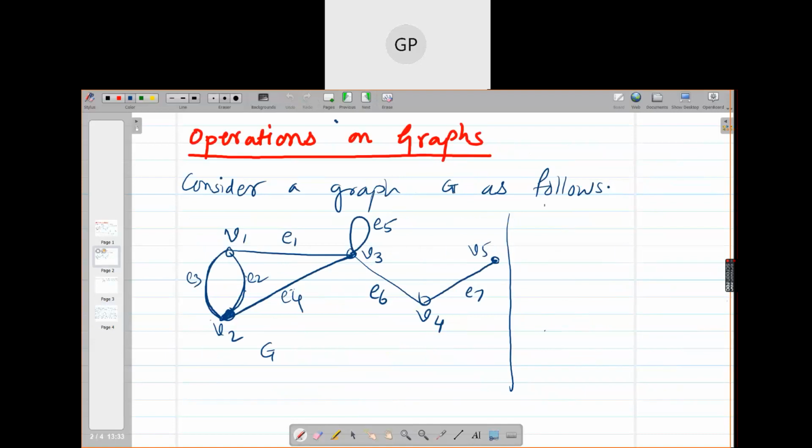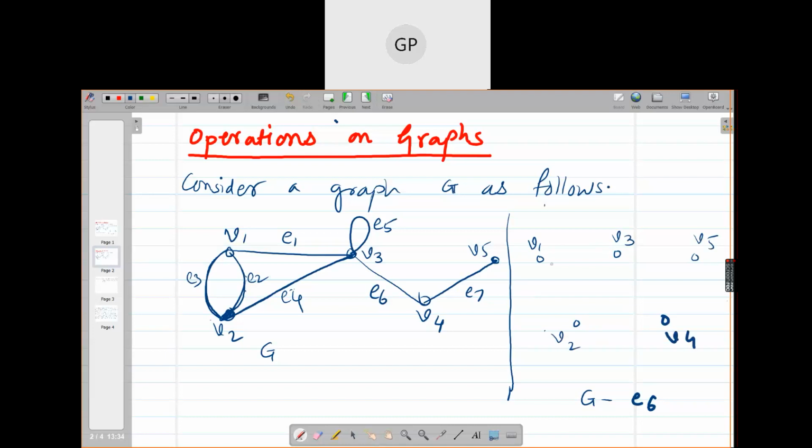Okay, so now this is a graph G with me. Now I am going to delete one edge only. Which one is that edge? Suppose E6. So I want to delete E6 edge, only E6. So I will keep all my vertices as they are. The vertices will not be affected at all because of the deletion of edge E6 between V2 and V4.